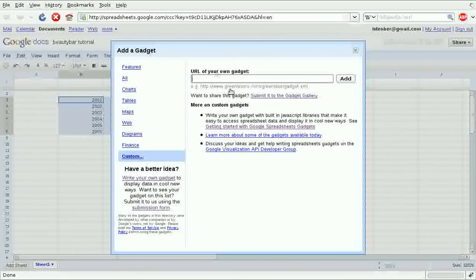Under the custom menu we type our URL address, which is https://beauty-bar.appspot.com/spreadsheet-gadget.xml, and let's click add to add it.